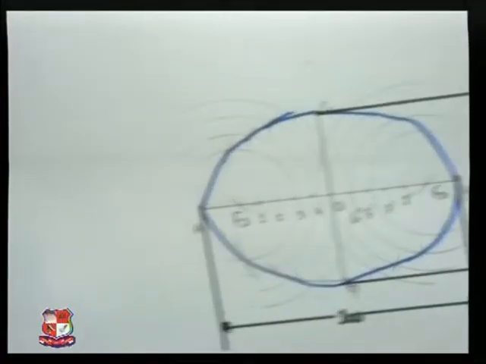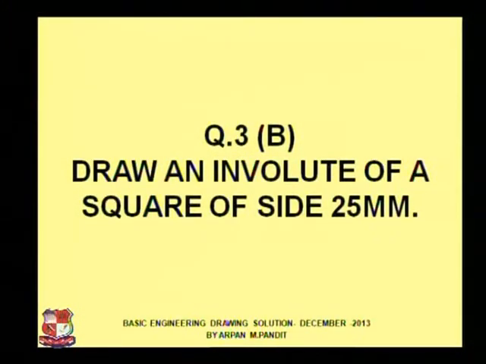Now we will see our next problem. Again, the most repetitive question of GTU exam papers. In this, we need to draw an involute of a square of side 25 mm. I guess all of you know what involute means. Involute means that if we are putting this polygon into a string kind of form, the kind of curve we achieve by this method is called an involute. In this method we need to draw the involute of the square, which means that if we are using this 25 mm square and